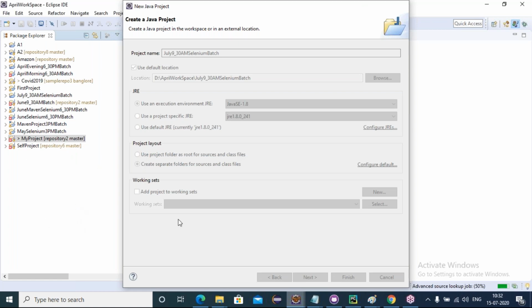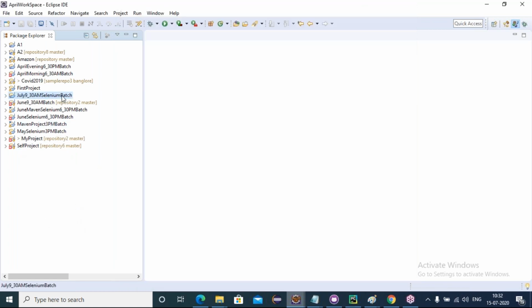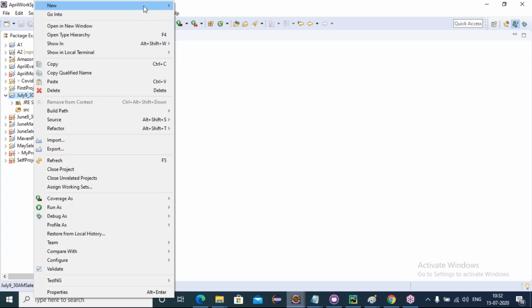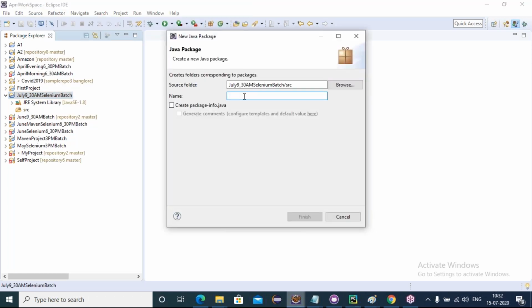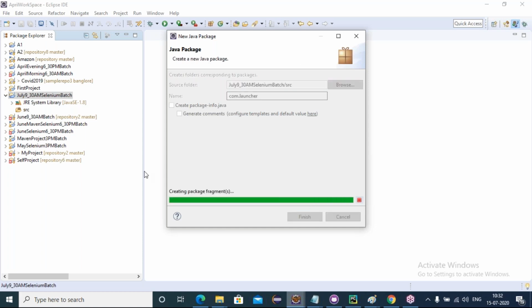In this July 9:30 a.m. Selenium batch project, I am creating one package called launcher. Right click on the project, new package.